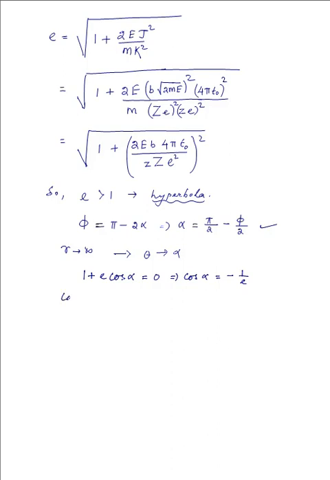So we can take that value, cos of pi over 2 minus phi over 2, and that is equal to minus 1 over e. And so this is nothing but sine phi over 2, that is equal to minus 1 over e. So e squared is nothing but cosec squared phi over 2,